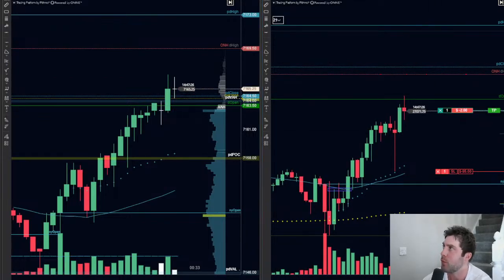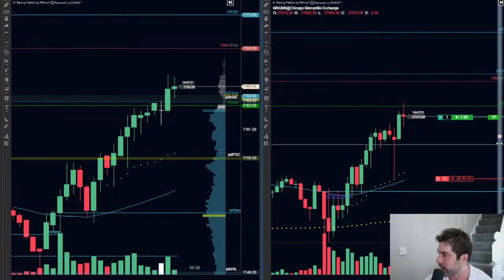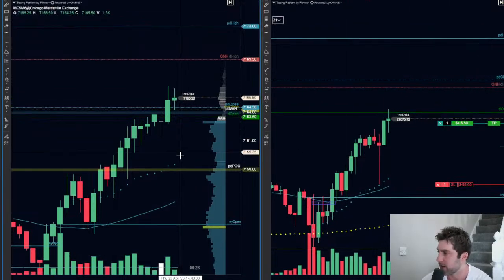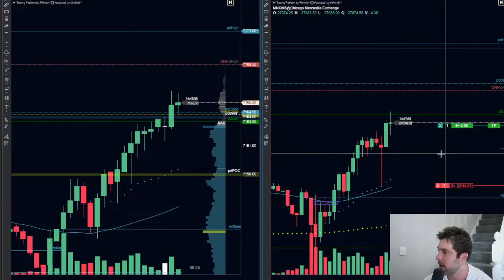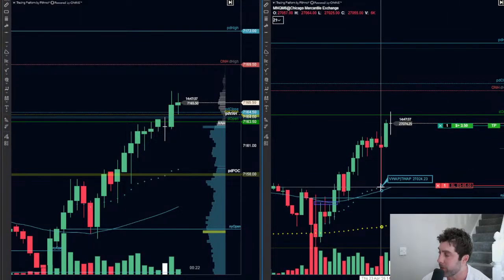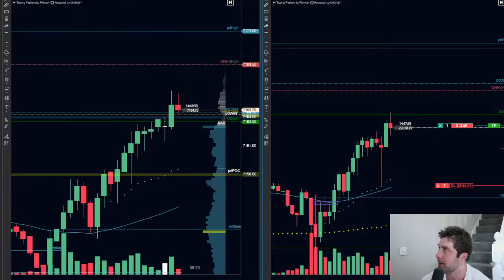And again, that's why I don't typically trade breakouts. But if it does break out, I'll box it in and I'll show you how to manage a position when you do that. So we had the big flush into NY VWAP, immediately bought back up again. And on the 5 minute, we have,